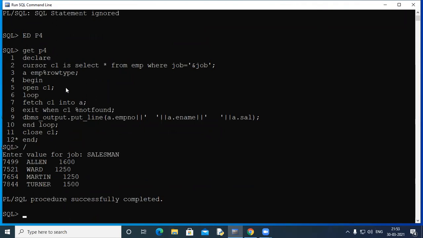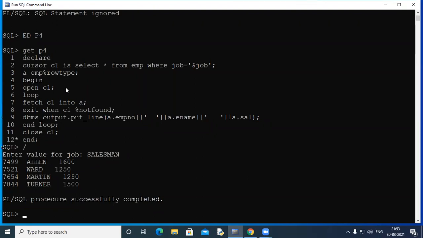A variable declared as M percentage row type means A can access all the columns of the M table. The usual fetch and exit are there, and you fetched all the columns into the variable A, and then you are printing certain columns from there.